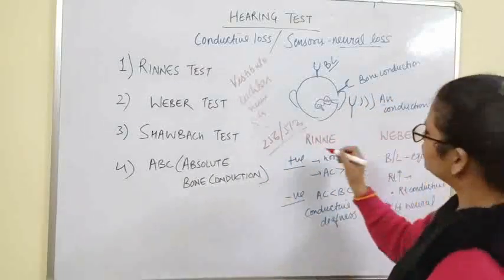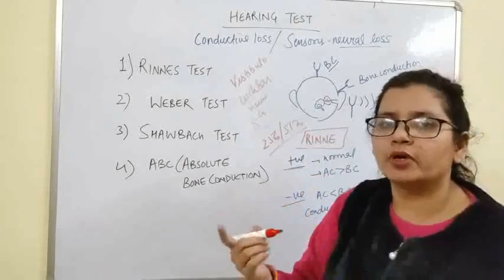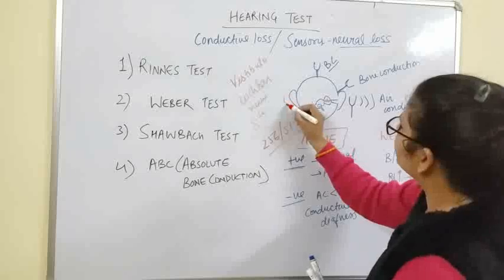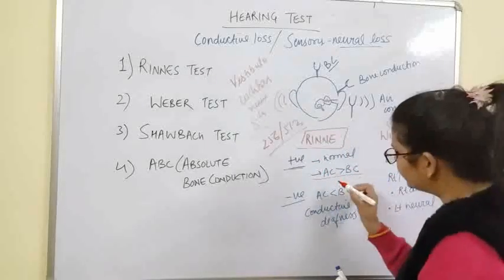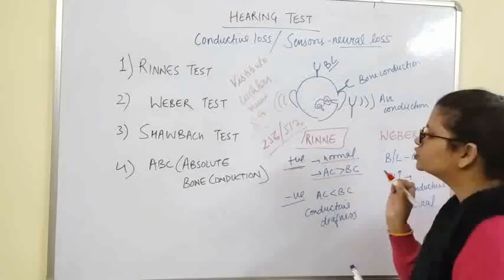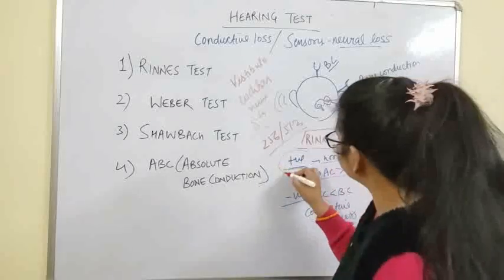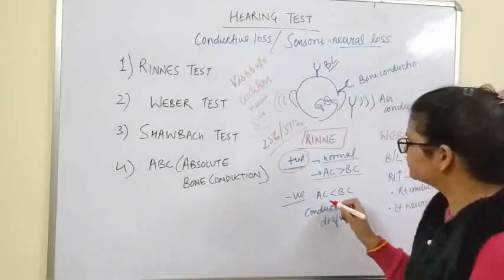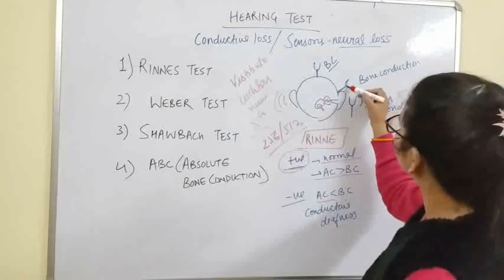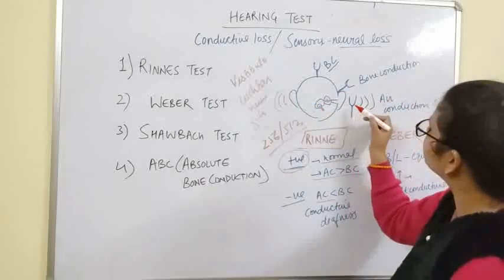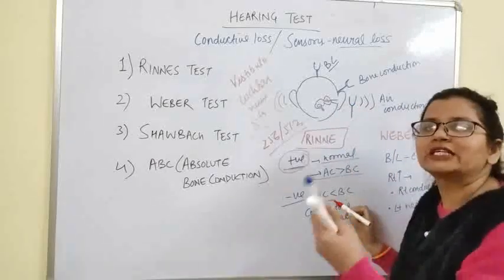So how do we interpret Rinne's test? If Rinne's is positive, which is called normal, and he hears the sound here, that means AC, air conduction, is better. This condition is normal, and here the normal condition is positive, mind it, unlike other tests. Negative is when AC is less, meaning he doesn't hear any sound here. He hears the sound, he stops hearing it, and when we bring it here, he doesn't hear any sound. That means AC is less, and bone conduction is more.